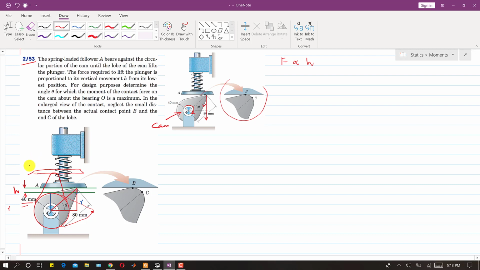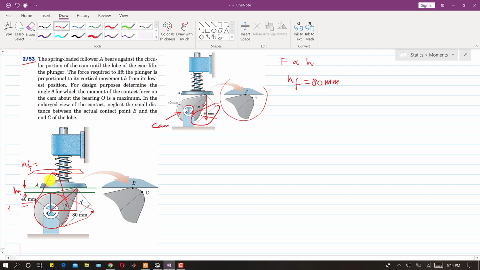Let's suppose this is HF and the lowest position is HI, right? So how much will be the change in length? This will be the change in length. So HF is the maximum length from O. How much will the maximum length HF be? It will be from O to this point. As we can see, this length is given, right? So this is 80 mm. From the origin this plunger can go until 80 mm, right? So we can write that H maximum, or HF, can be 80 mm, right?